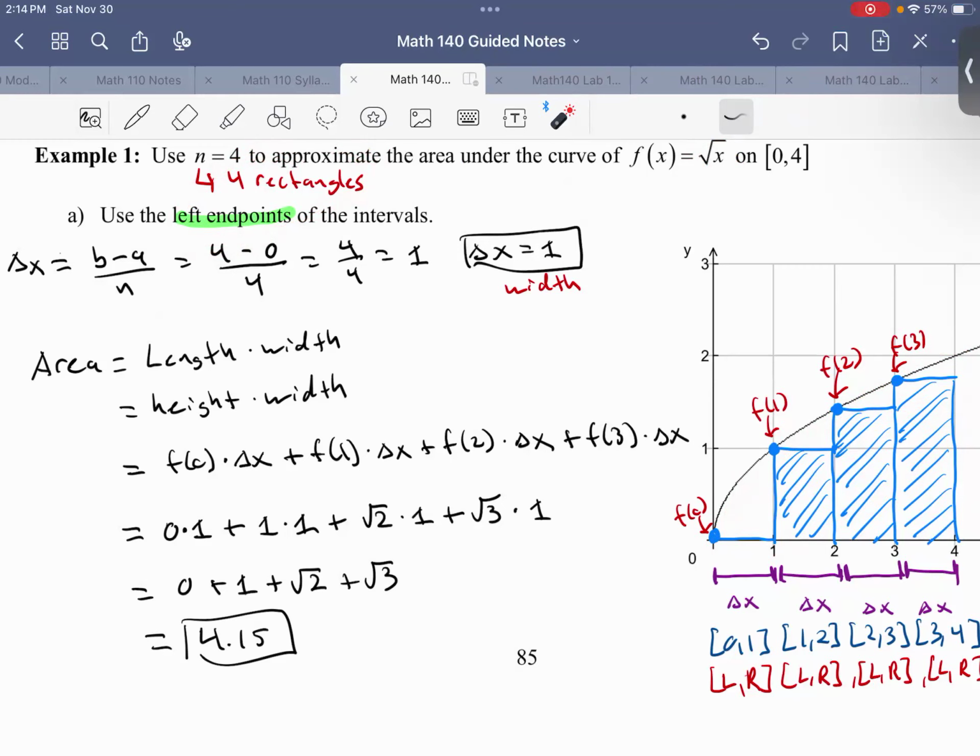Okay, so that is left endpoints. You can also use right endpoints. That's another method. You can also use midpoints between your subintervals. But all these are going to give us approximations. It's not going to be the exact answer. You can do 4 rectangles, 6 rectangles, etc., but they're not going to be the exact area. So that's where the definite integral comes into play. But we'll get there in